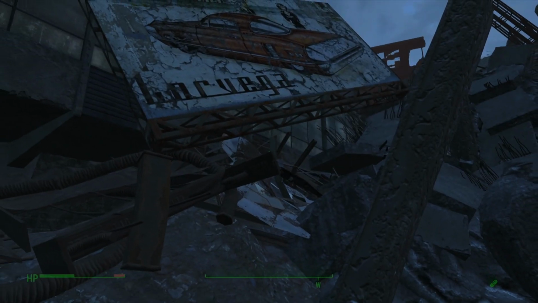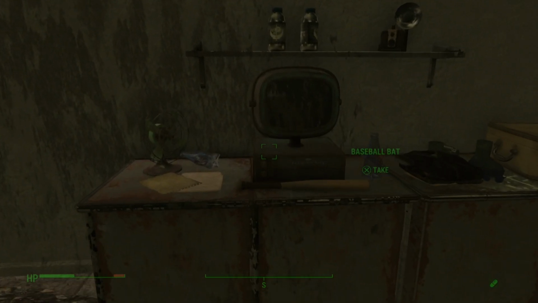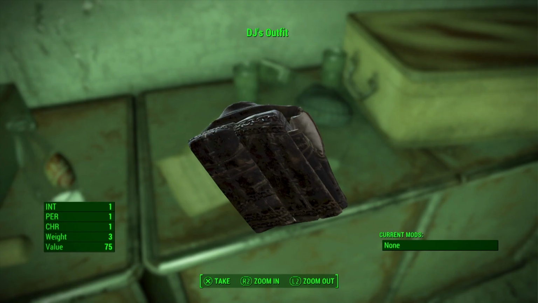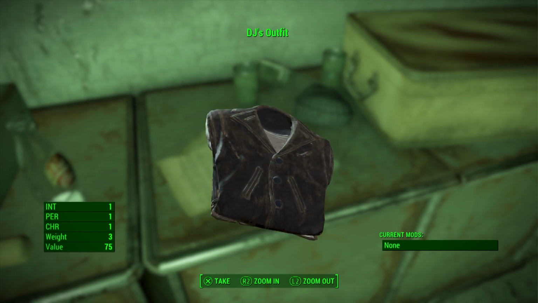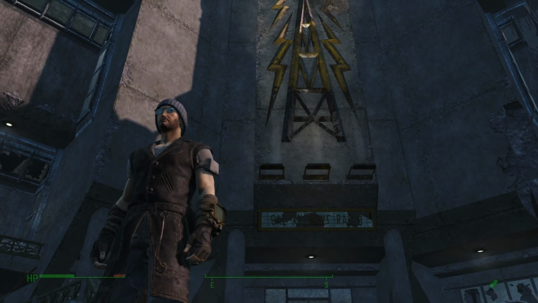Now, lastly, I did want to mention something I found at the very end of this experience. As you walk through the main broadcast room where 3Dog once was, if you head over to the chest of drawers, you can find an outfit by the name of DJ Outfit and a pair of sunglasses, which of course is the outfit of our favorite radio disc jockey,